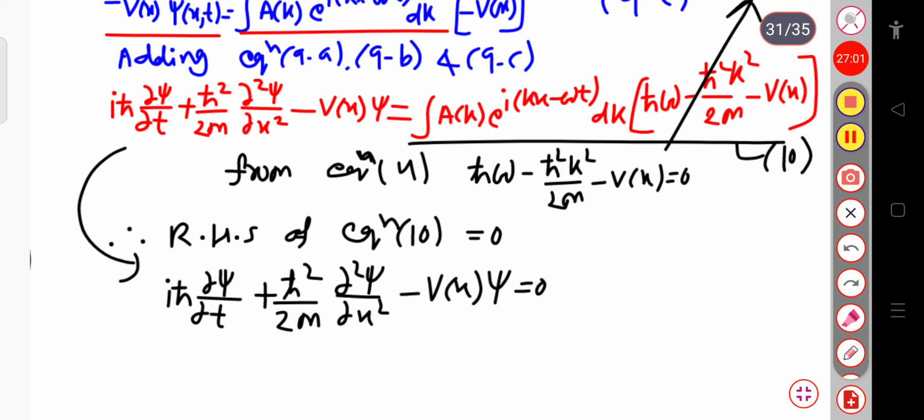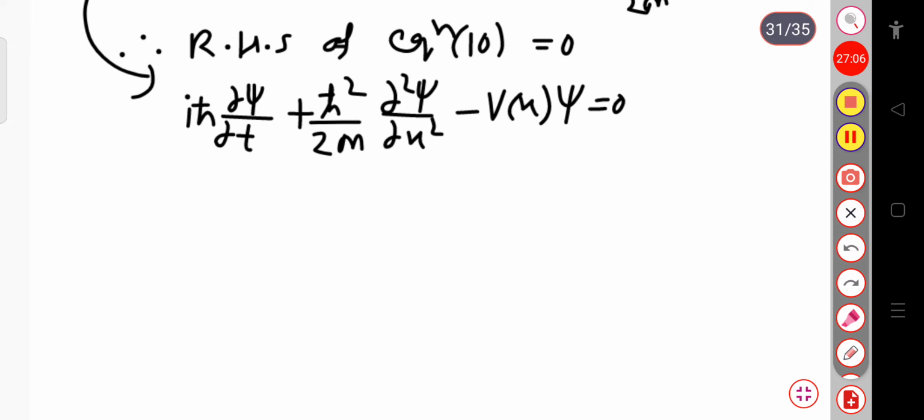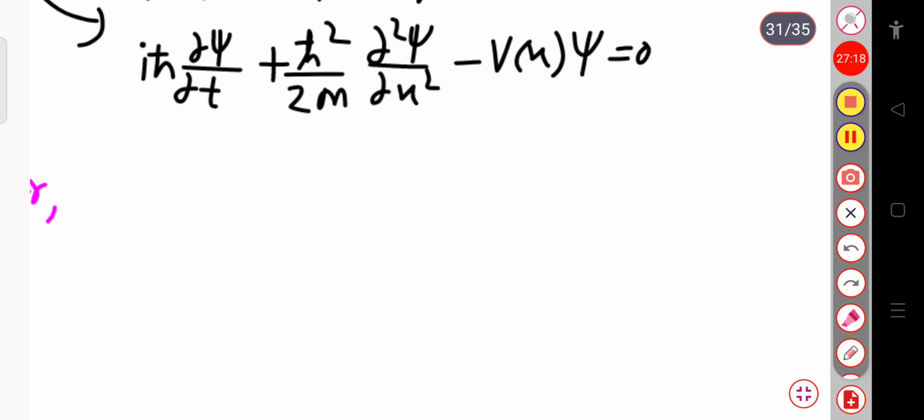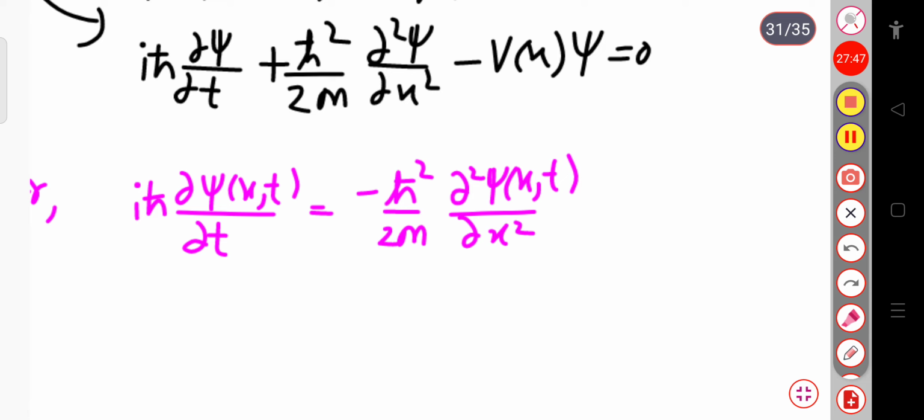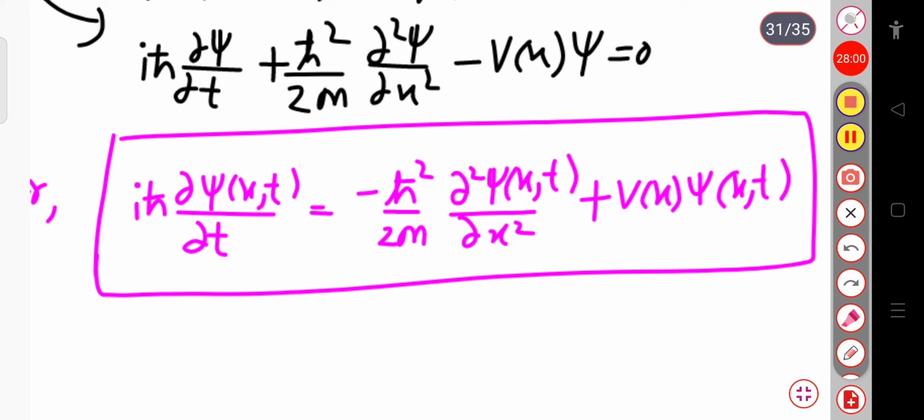Is that clear? Now this equation can be written as i h cut dou psi by dou t, psi being a function of x,t, equal to minus, taking this term to the right hand side, h cut square divided by 2m into dou square psi, psi a function of x,t, divided by dou x square, and this minus V of x becomes plus V of x into psi of x,t. Okay. So this relation,